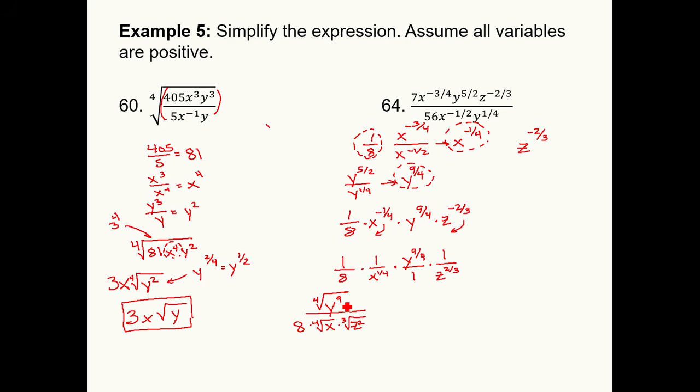Underneath here, this fourth root of y to the 9th, I could think of that as the fourth root of y to the 4th times another y to the 4th times y to the 1st, right? If I kind of break apart that exponent, 4 plus 4 plus 1 gets me the 9, but it sets up 2 perfect fourth powers underneath my fourth root. So really my numerator is y squared. I could free 2 of those y's times the fourth root of y.